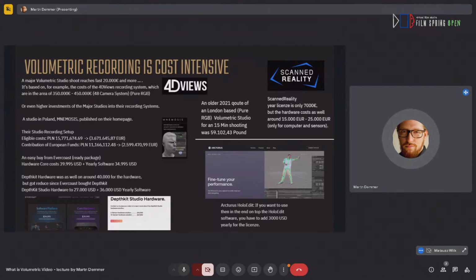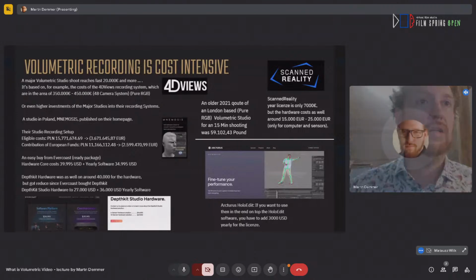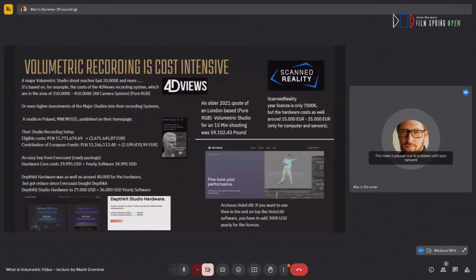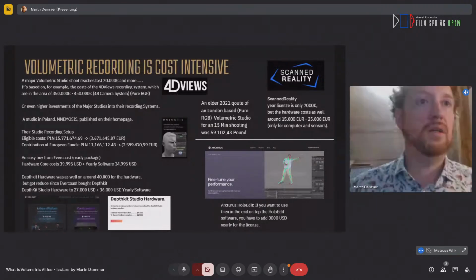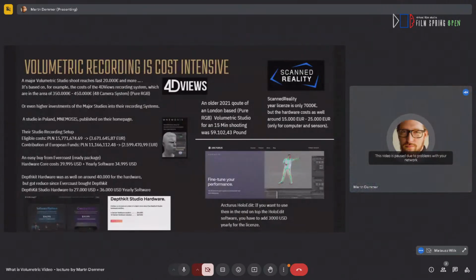Then Evercoast actually acquired DepKit, and Evercoast sells you their hardware for $40,000 and they charge you for the yearly license $30. So that's something I could run somehow, but yeah, the license is quite high,